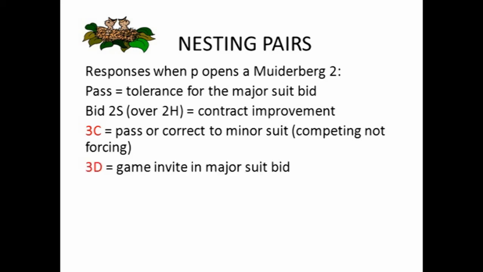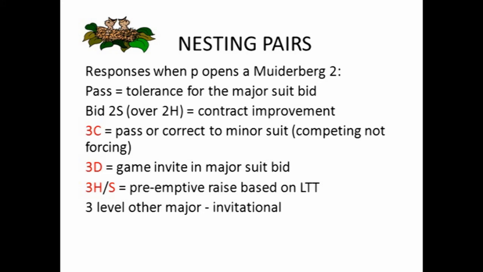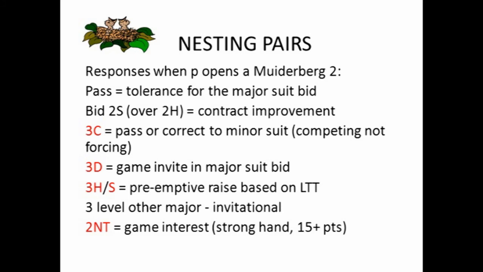A bid of 3 diamonds is a game invite in the major suit bid. And if you bid 3 hearts or 3 spades, raising your partner's opening bid, then that's a preemptive raise based upon the law of total tricks and non-forcing. If you bid at the 3 level in the other major, you're invitational to your partner in that major, showing 6 cards. If you respond 2 no trumps, that's a game-forcing bid, showing a strong hand with 15 or more